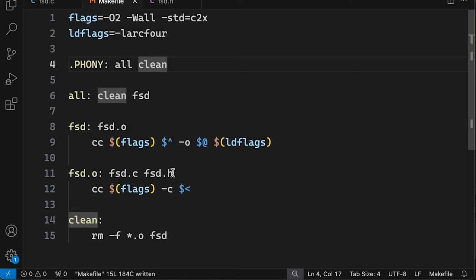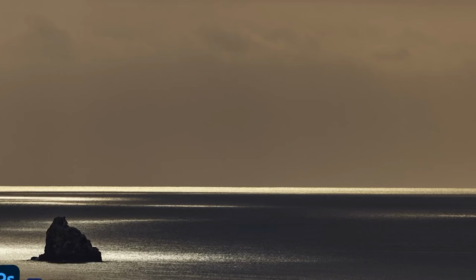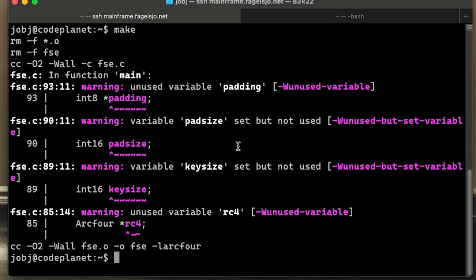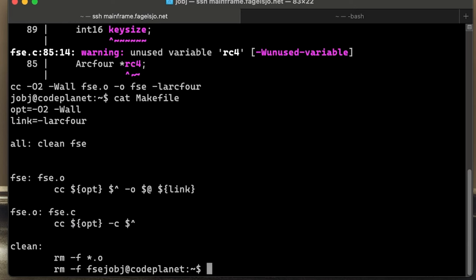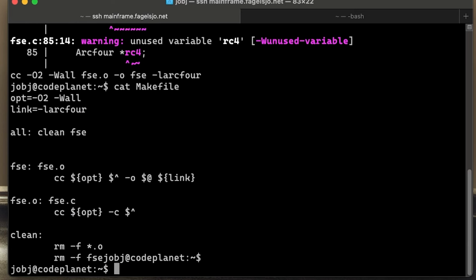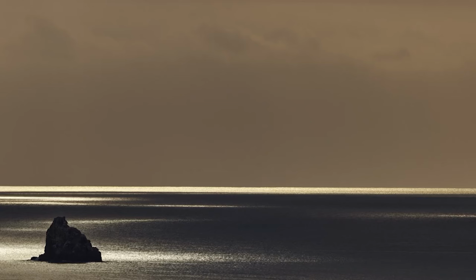fsd.c, fsd.h, fsd.o. Why does it give me error messages on things I haven't even used? fse, cat makefile. No, that's the old one. Maybe I haven't configured